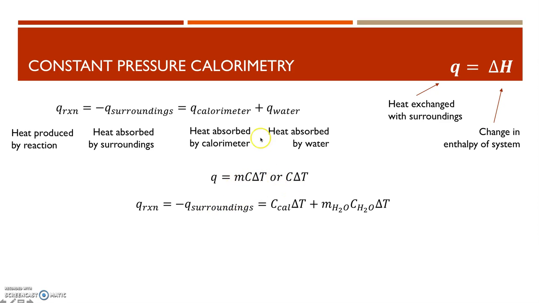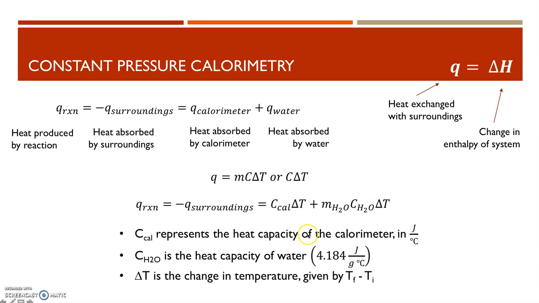If we use this expression and replace that for calorimeter and water, then we're going to get a calorimeter constant. What's the heat capacity of the calorimeter itself? And then there's the change in temperature that we're going to measure. We have the mass of the water that's present, the heat capacity of the water, and the change in temperature of the water. Now these two delta T values are going to be the same. It's the same value that we're going to measure, and we can measure delta T by looking at T final minus T initial. The heat capacity of water is given as 4.184 joules per gram degree Celsius. So we know this value, we know this value, we're going to measure delta T, and we want to find